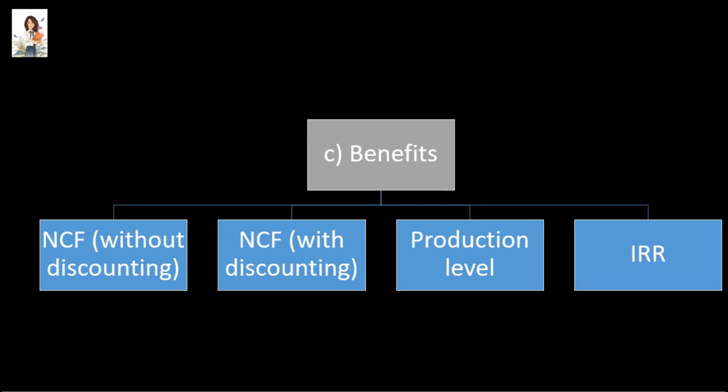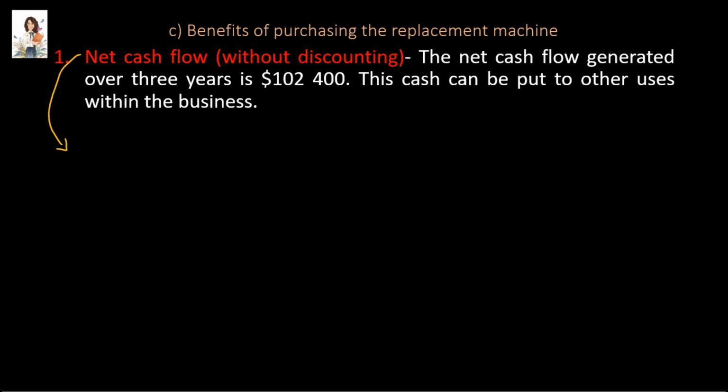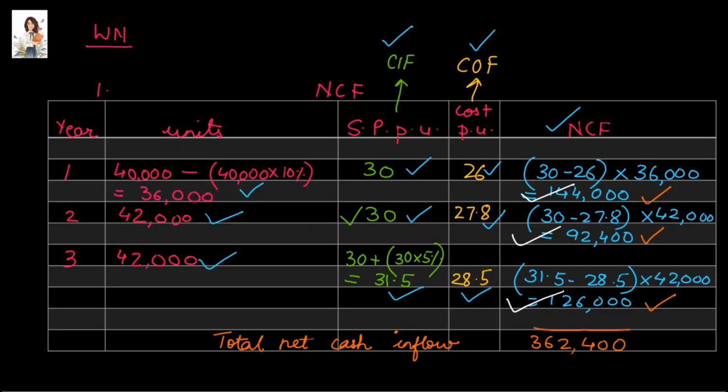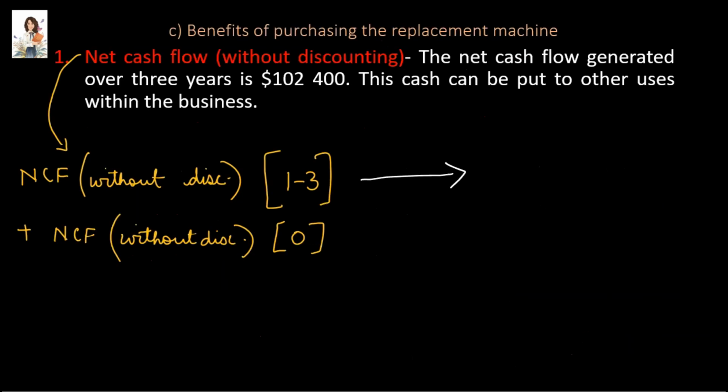The first one is net cash flow without discounting. Next is net cash flow with discounting or NPV. The third one is production level, and the last one is IRR. Let us look at each parameter one by one. Net cash flow without discounting will be net cash flow without discounting for years 1 to 3 plus net cash flow without discounting for year 0. We have already found out the net cash flow without discounting for years 1 to 3 in working note 1. Net cash flow without discounting for years 1 to 3 is